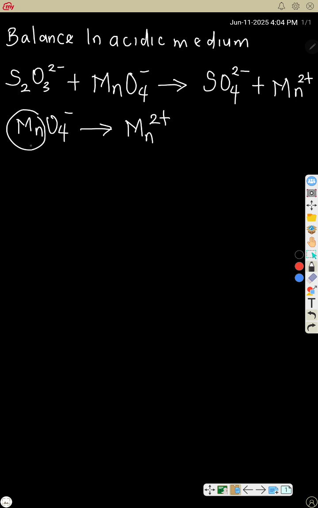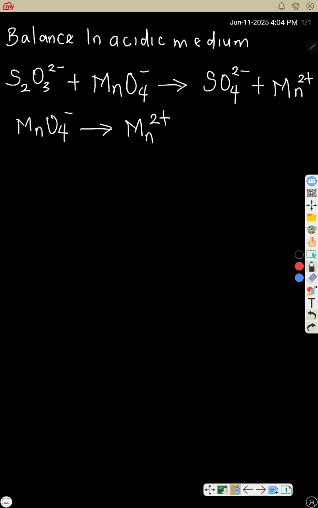This is 1 because the coefficient of manganese here is 1. So how many manganese do we have here also? We have 1. Balanced. So how many oxygen do you have here? 4. How many oxygen do you have here? Nothing. So if you have oxygen on one side and you don't have it on the other side, you balance it